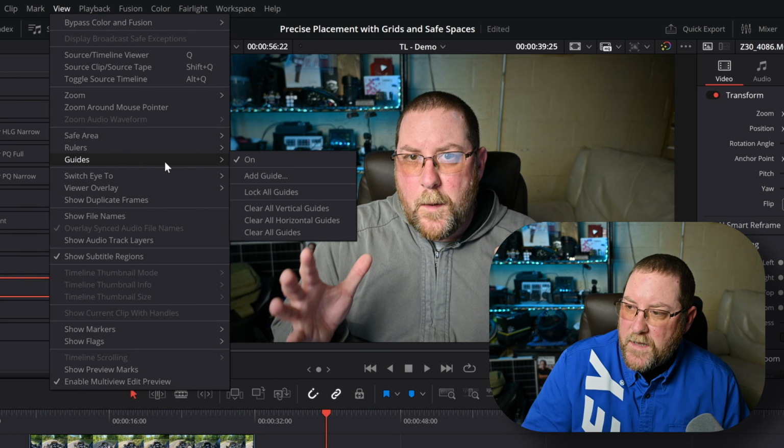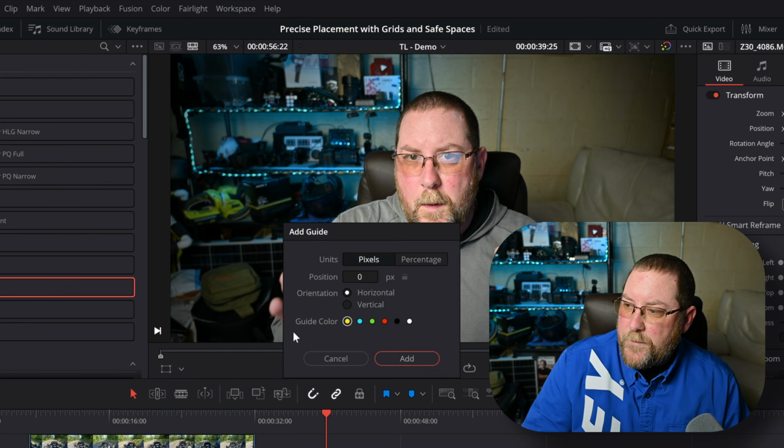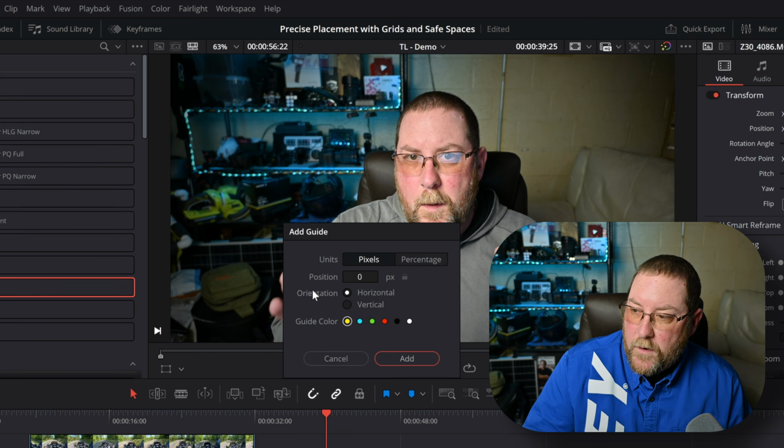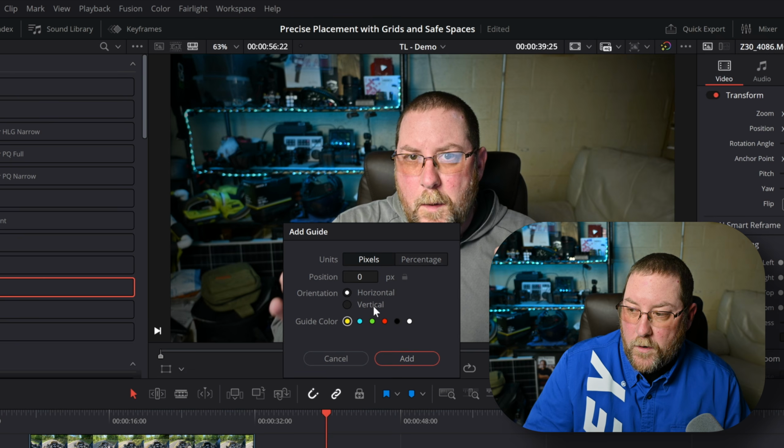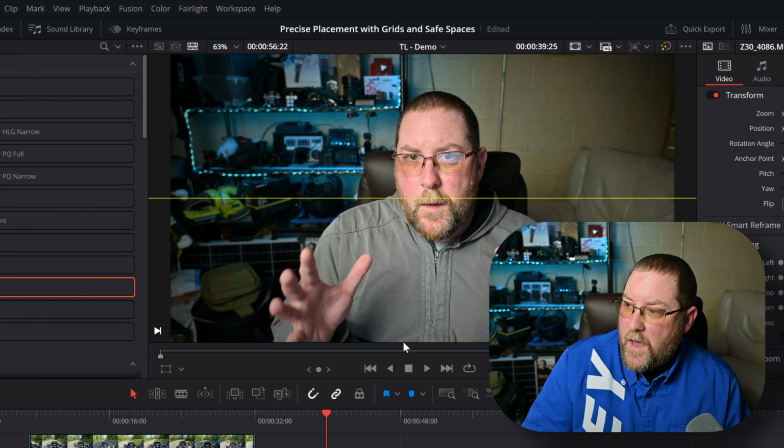And then guides, that's the big one. And the only way I've found to add a guide is to click right here. So I'm going to click Add Guide, which brings up this screen where we can select from pixels or percentage. We can give it a starting position, tell DaVinci Resolve whether or not it should be horizontal or vertical, and give it a color. I want to give this one a yellow color because that'll contrast nicely with what's on the frame, and I do want it to be horizontal, so I'll click Add, and it's right there in the